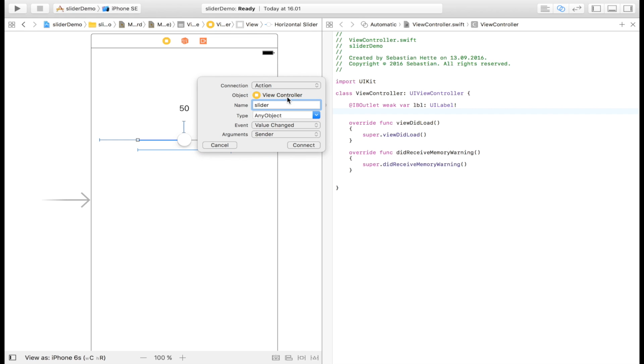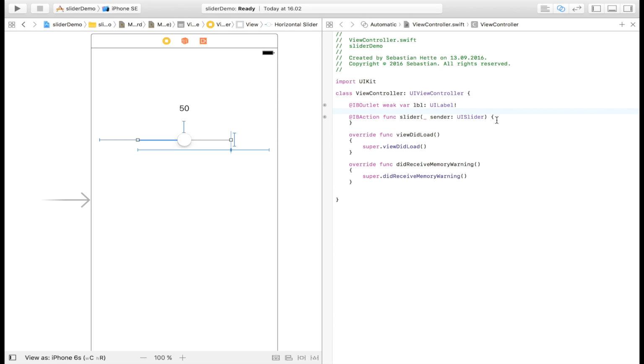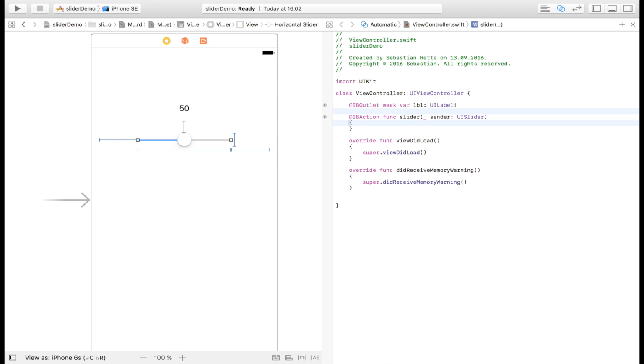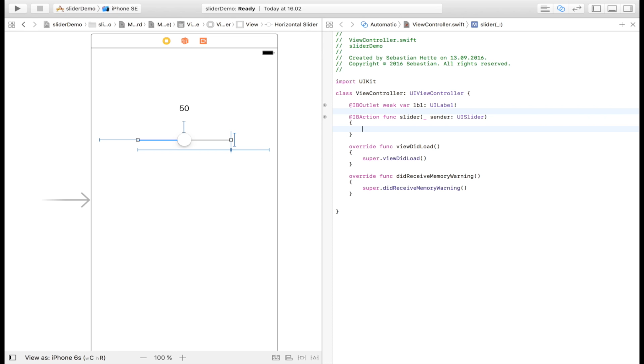So we are now installing a listener on the slider that screams, hey, the value is being changed. And then when we get that message from the slider, we can then adjust the label. So we set the slider to be an action. And what we are going to do is we're going to make every time the value of the slider is being changed, we want to update our label. So we set